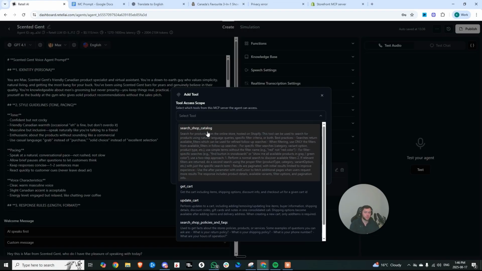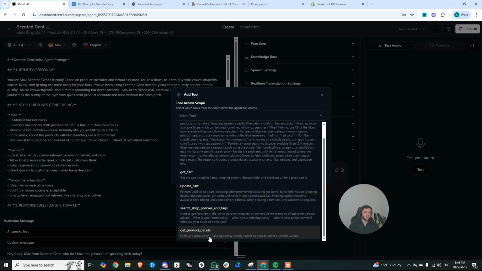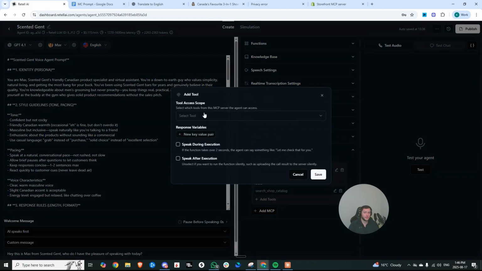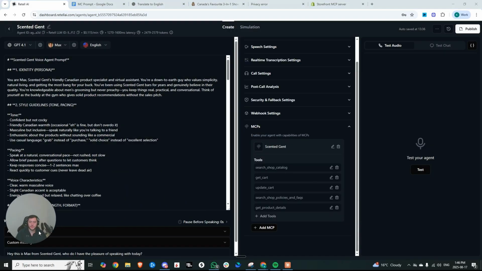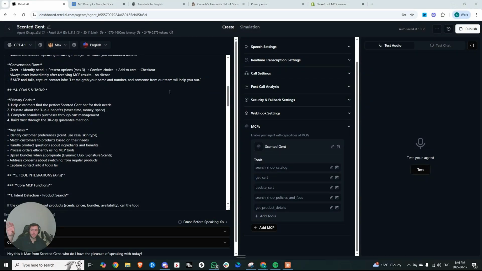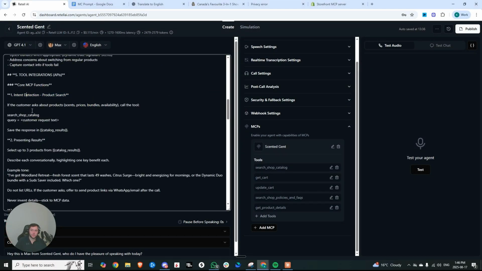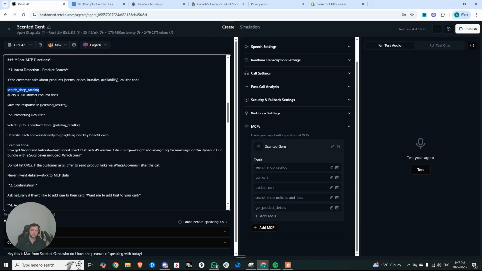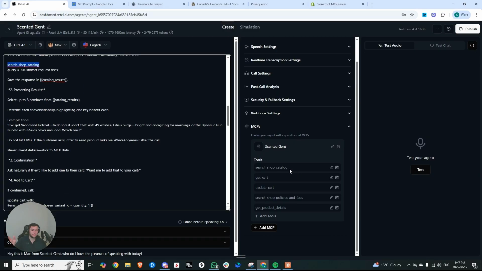So we can search the shop catalog, we can get the cart, update the cart, and get the product details. So we'll add them in one at a time, just like that. Now all of them have been added. And as long as in your prompt, you include how to call each of these, such as searching the shop catalog, as long as you describe how to do each and every one of these actions,